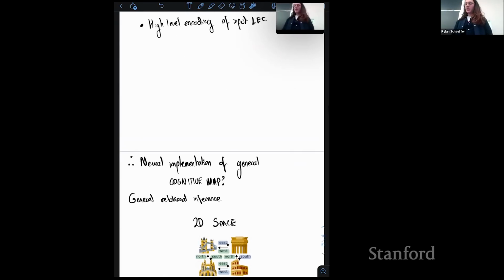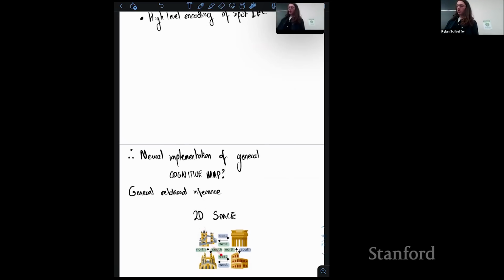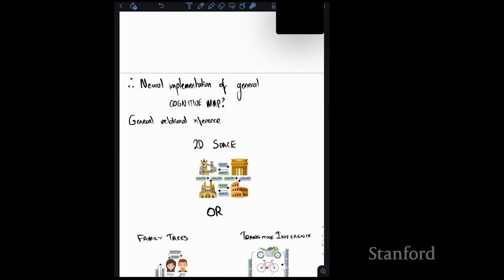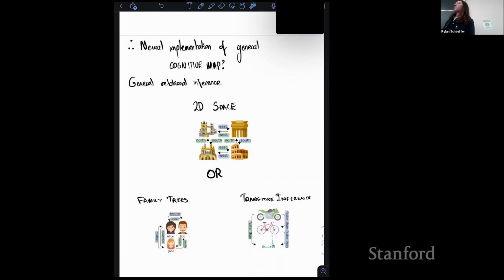Basically the claim is this is for more than just 2D space. The neural implementation of this cognitive map is for not only 2D space, which this cartoon is supposed to represent, but also any other structure. Some structures like transitive inference, this one is faster than that and it's faster than that, or family trees, like this person's my mother's brother and is therefore my uncle, those kinds of things. These broader structural inferences that you want to be able to use in many situations. So it's basically the same problem.